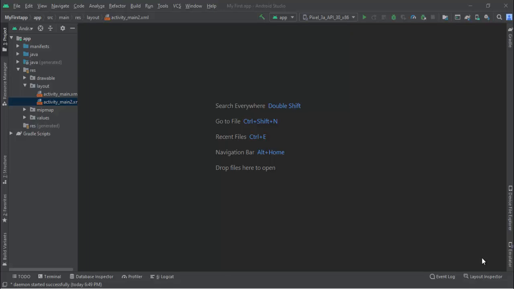Assalamu alaikum. In this video, we will take a view of the XML file, its parts, components, and terms that are used in the XML file while designing our front end or GUI. This is a very basic but very important video to start designing the front end using XML.